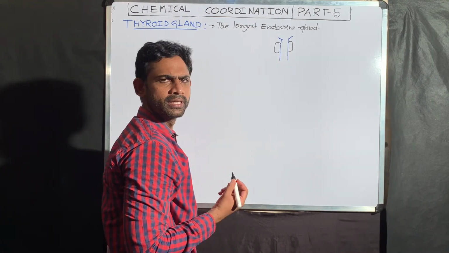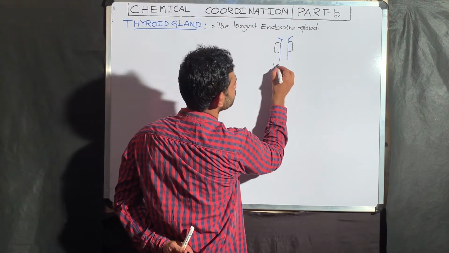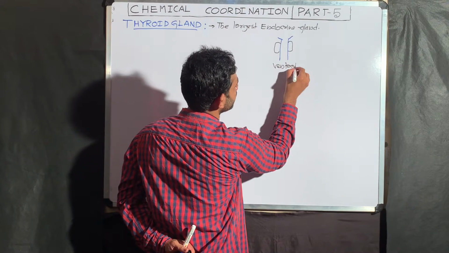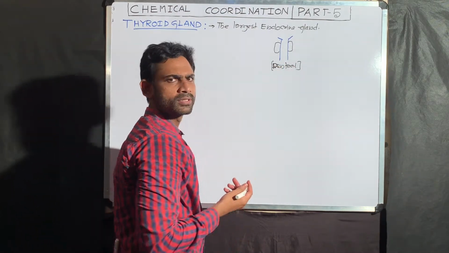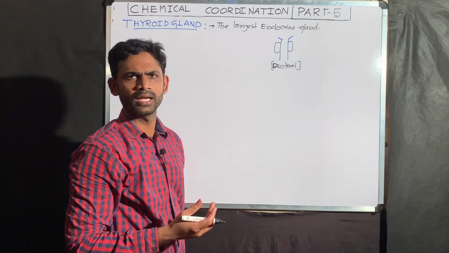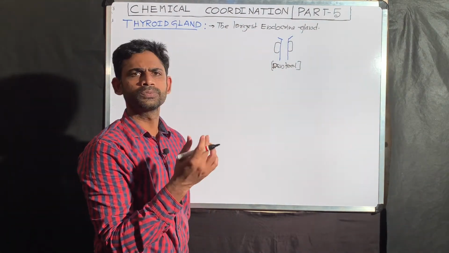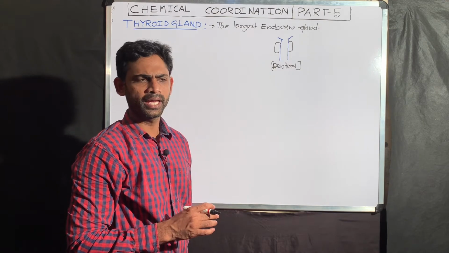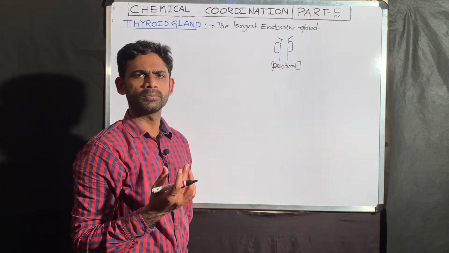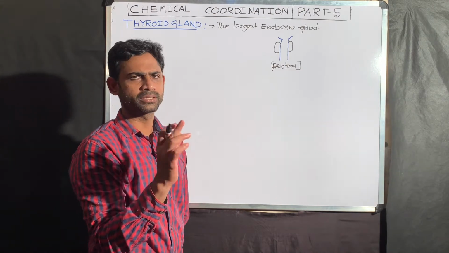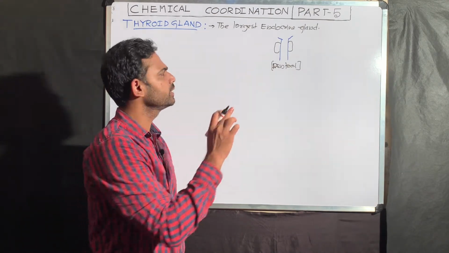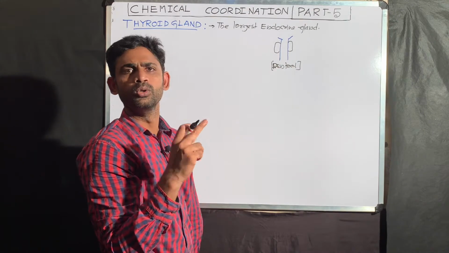So everybody will think this is a ventral portion, ventral side. So when we see, this is a dorsal side. If you see the dorsal side of the trachea, you can see only two lobes of the thyroid gland. So when you see the dorsal portion, immediately a person thinks that these are two glands, but it's not two glands, only one gland. But these two are two lobes.